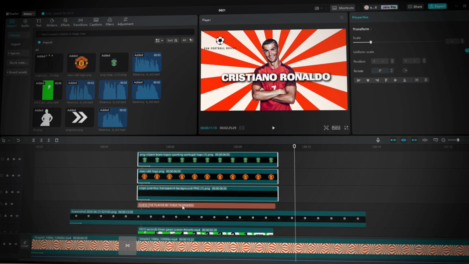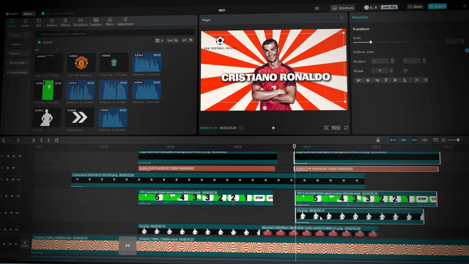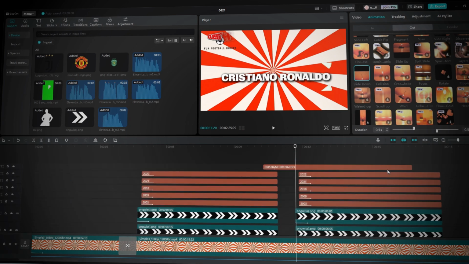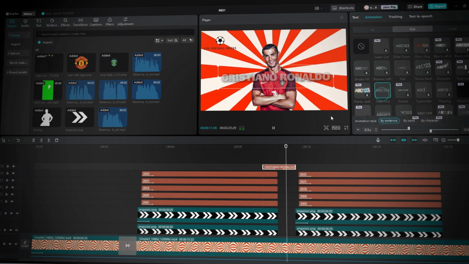Select all the layers for the first player with silhouette, hold Alt and drag to make a copy. Shorten the image of the first player and add an animation to the end of the layer to make the image disappear smoothly. And do the same to the text layer of the football player's name to make it disappear